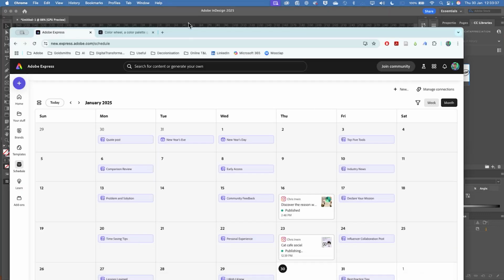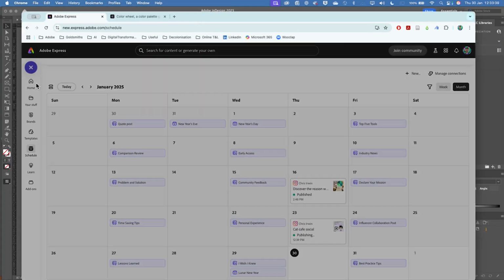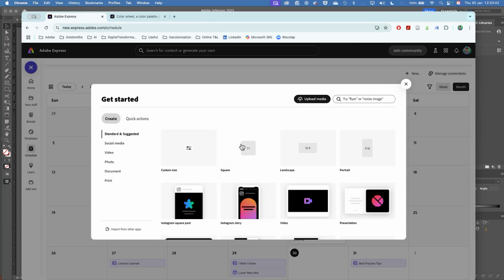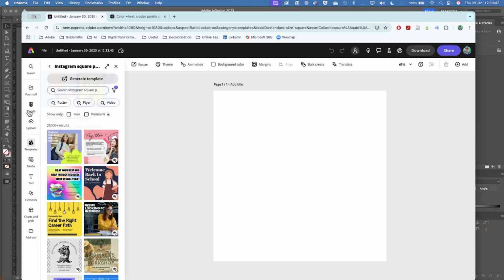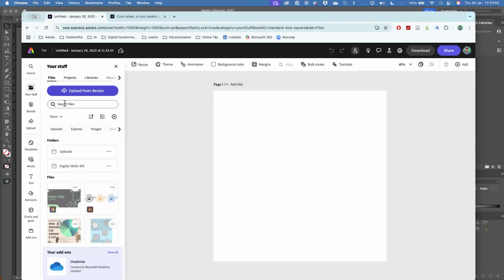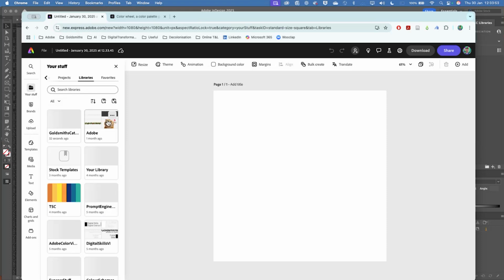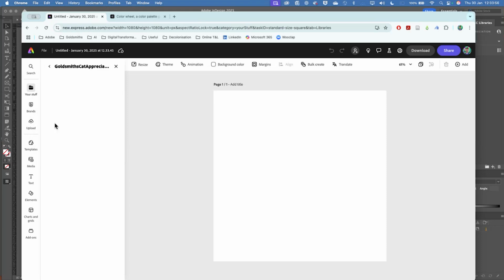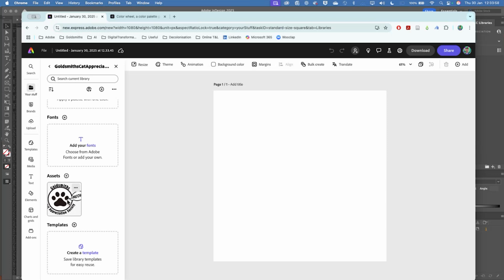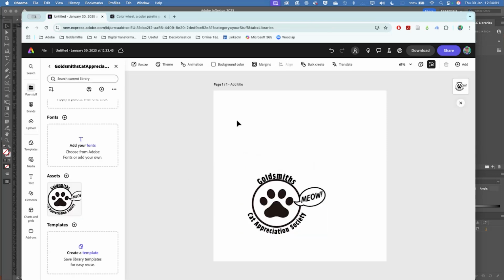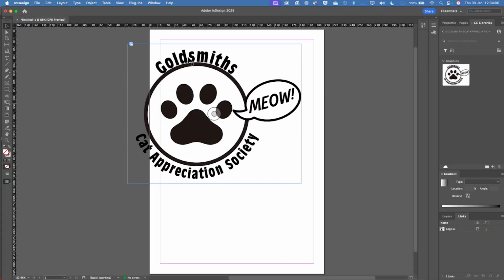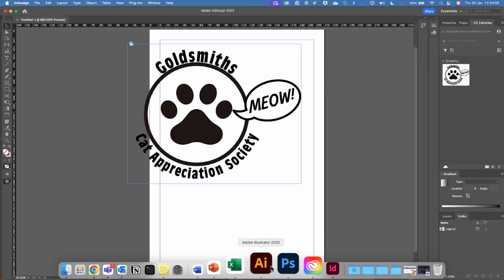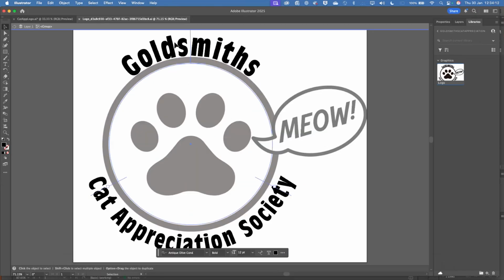And if I'm in Adobe Express, perhaps I'm doing something for social media, I can find that same thing. It's got this little chain link icon, meaning it's linked to something. And then I can go in to my original, change the font again. Actually, no, let's not change the font. Let's change the color.